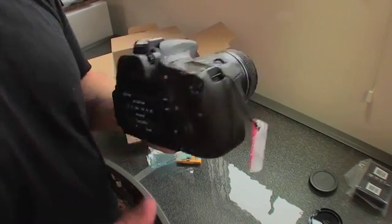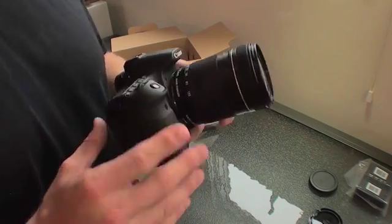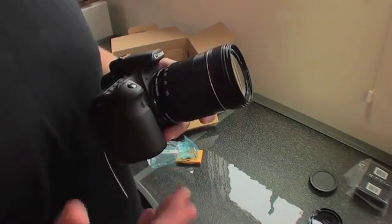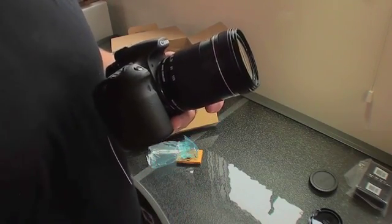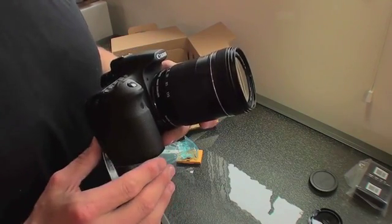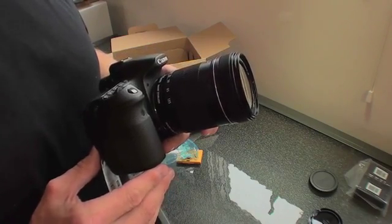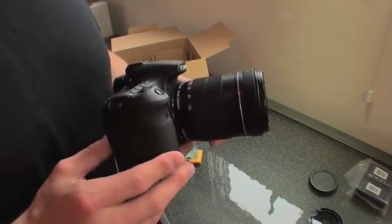So yeah, I'm going to configure this, and one of the things I'm going to be doing pretty soon is an overheat test. A lot of people are really interested in that. I have an 8 GB memory card, and so I'm hopeful that this will be at least a decent test. I might have to empty the card and keep going just to see what kind of time I can get out of it. But from what I've been hearing, a lot of people have been